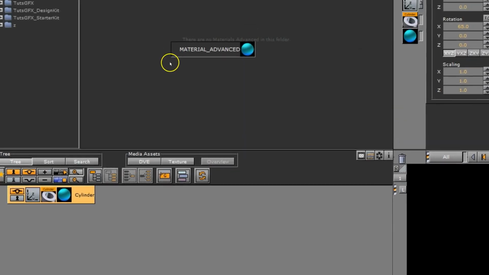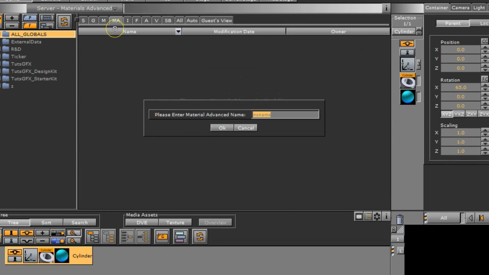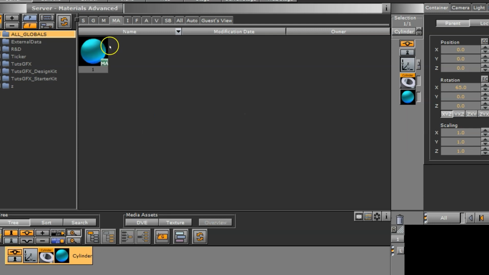So now we can slide this icon up into the MA tab and just give it a name. I'm just going to call it 1. We'll hit enter, and now it creates this icon or symbol thumbnail within our MA tab or Materials Advanced tab